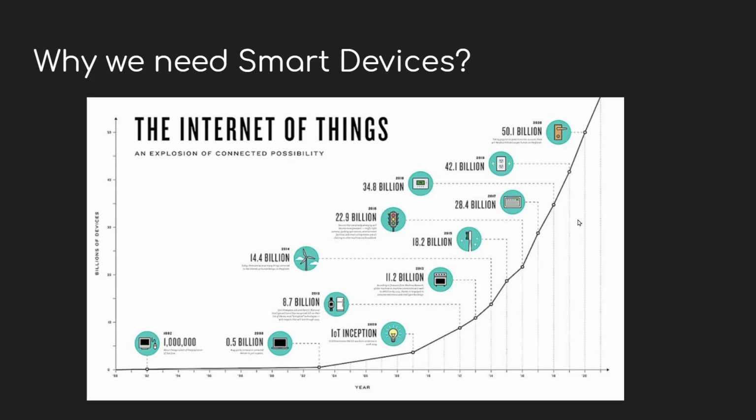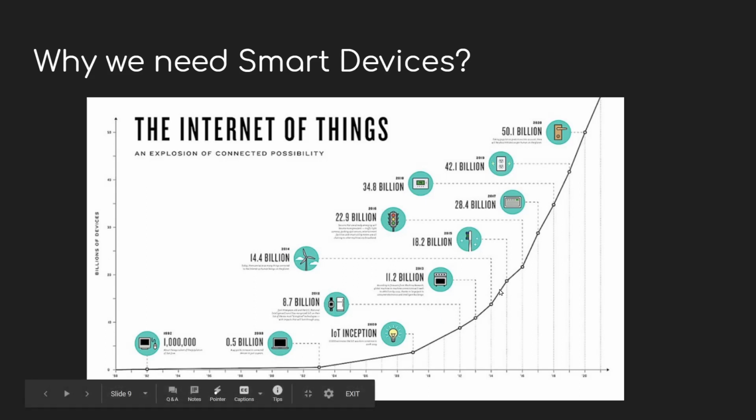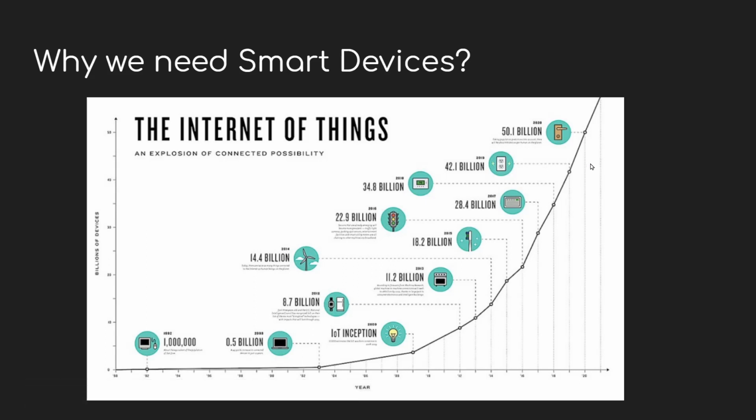Okay, so if you look at this graph, it's a prediction graph. If you go ahead to 2025, even 2025 to 50, they are expecting more than 50 billion devices to be on the internet. All these things will be IoT devices. For example, it may be cars, a washing machine, a hair dryer, anything in your home. That will be plugged in, it will have a small chip, and it will behave like an IoT device.